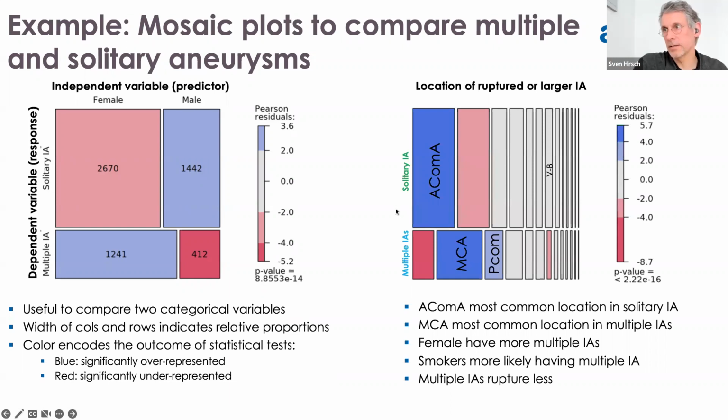A second thing that you, for instance, see again with multiplicity: when you have solitary aneurysms, most solitary aneurysms are located at the communicating artery, the one that connects both hemispheres in the front. The ACOM, A is for the front. And when you look at the multiples, the middle cerebral artery, which is the one that goes up, is the most prominent, and the PCOM, which is connecting the anterior with the posterior circulation.